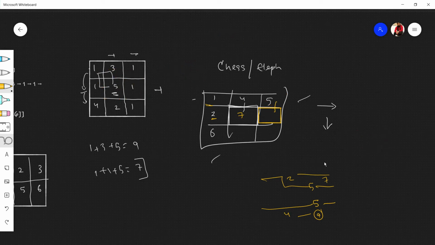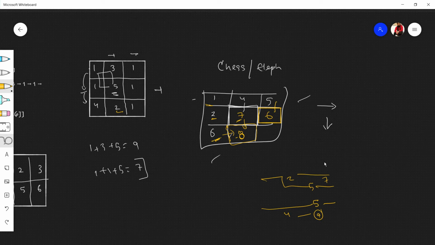Okay, this is 6. Now checking for this, you need to reach this cell, so there are two ways, from left or from top. Reaching here you need to pay 6 and reaching here you need to pay 7. Which will you prefer? Obviously the 6 one, and the token money is 2, so 6 plus 2 is 8, which means to reach this cell the minimum amount you need to pay is 8.